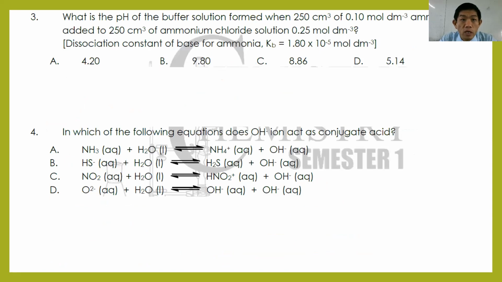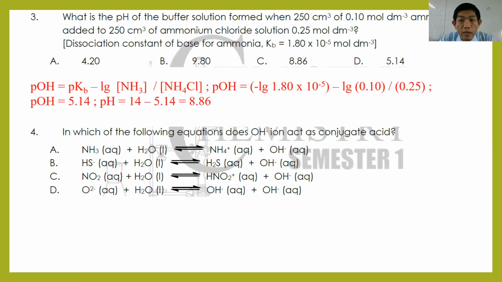Then it goes to number 3. What is the pH of the buffer solution when 250 cm³ of 0.1 ammonia is added to 250 cm³ of ammonium chloride of 0.25? So because you're adding volume to volume, you have to recalculate the concentration. So after the recalculation, you get pOH equals